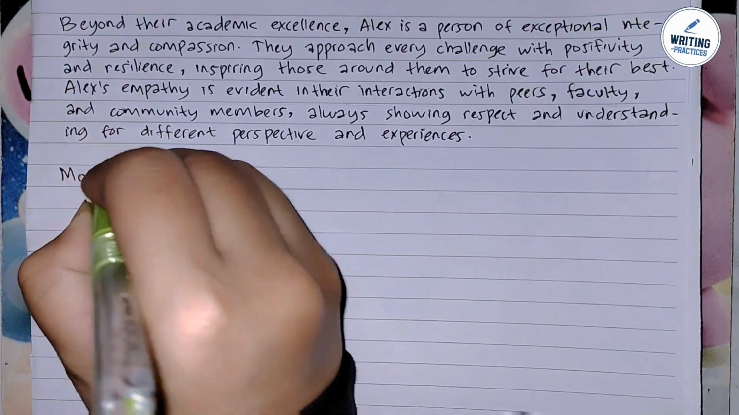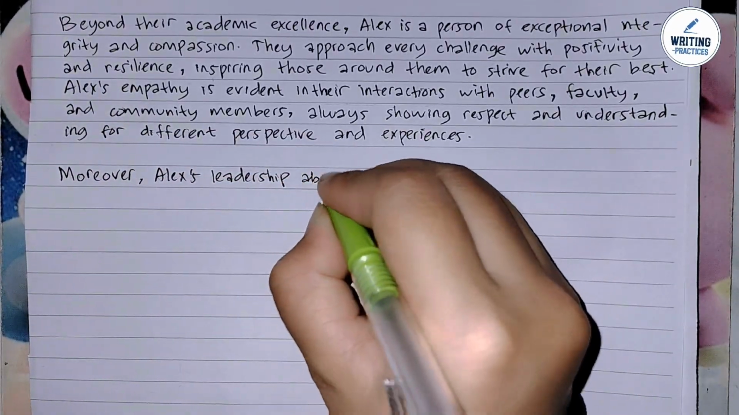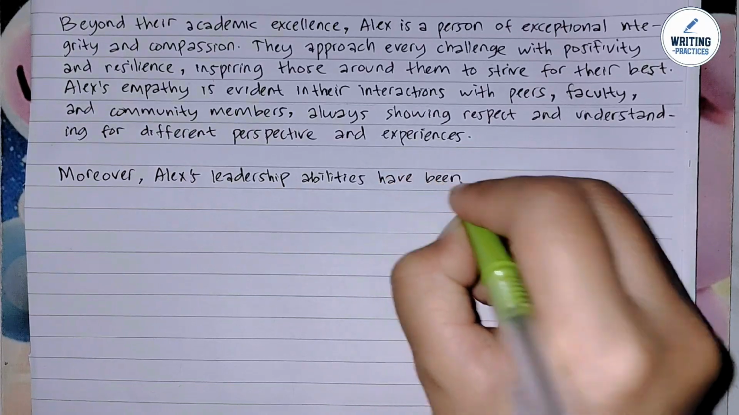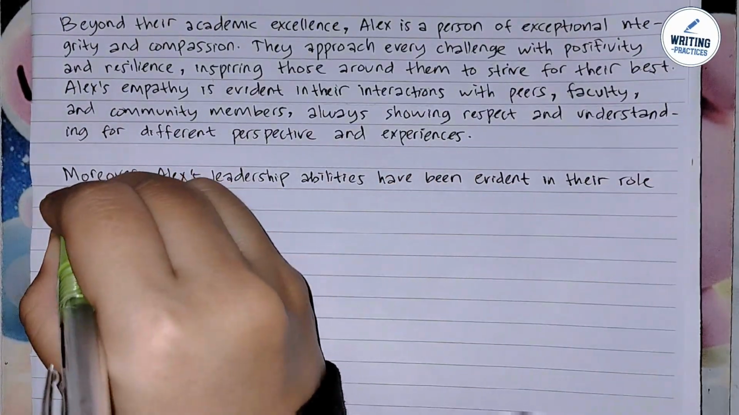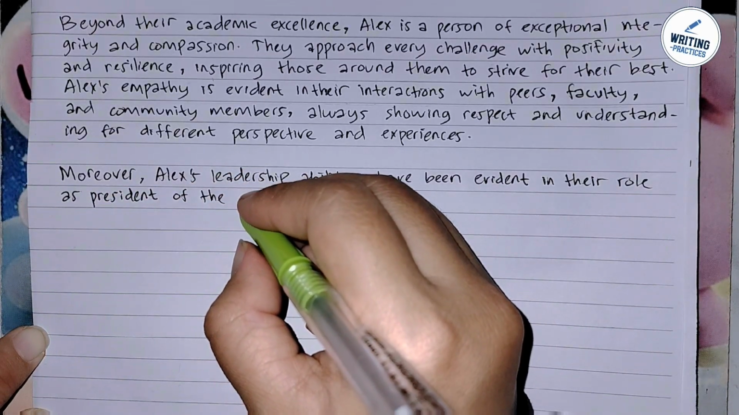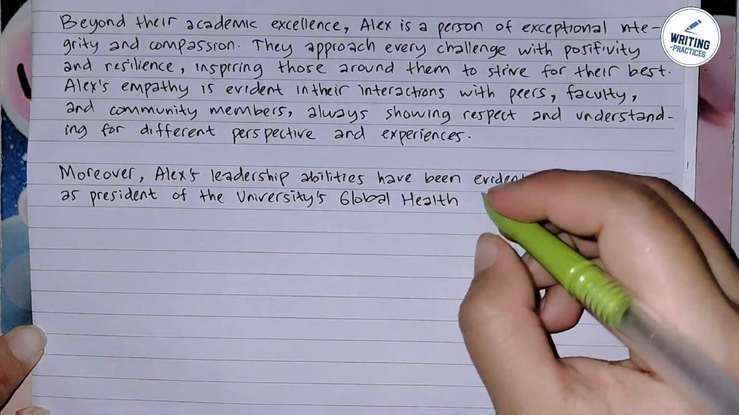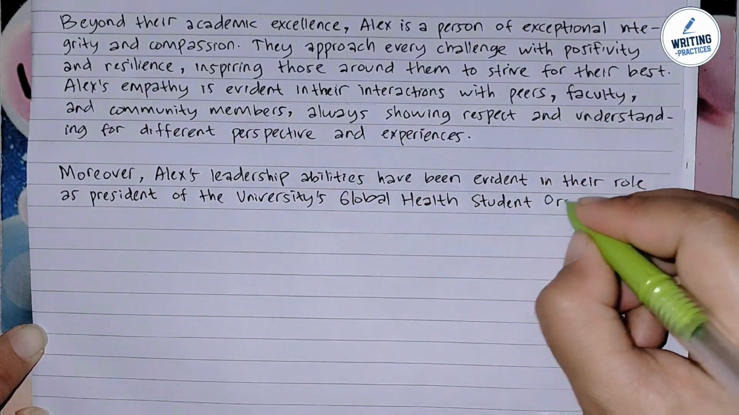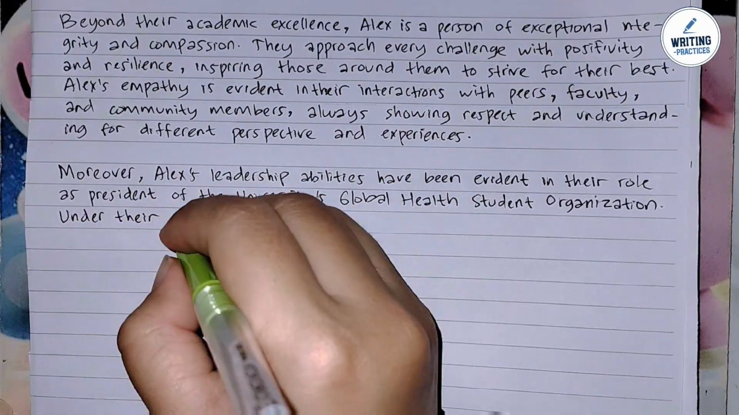In paragraph 4, write about leadership abilities. You need to mention the leadership roles the applicant has taken on, such as being president of a student organization or leading a project. It is to establish the applicant's leadership potential, a key consideration for fellowship selection. Here is the example. Moreover, Alex's leadership abilities have been evident in their role as president of the university's Global